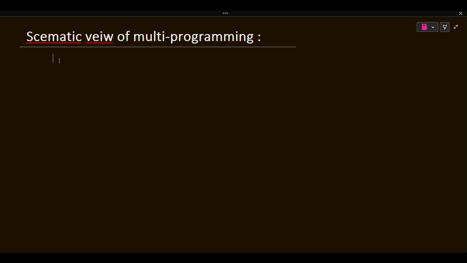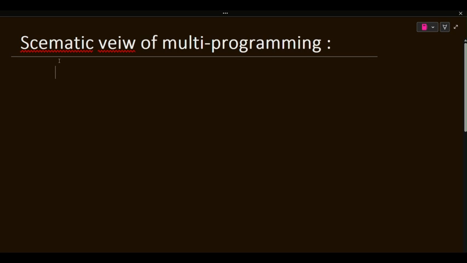So today we are going to continue our discussion on multiprogramming, and we are going to see the schematic view of multiprogramming. What is a schematic view? A schematic view is a diagrammatical representation of how a process is executed by the CPU. Let me draw a neat diagram of the states of the process. First of all, a process is created, and it is termed job creation. The first step is that the job is created,